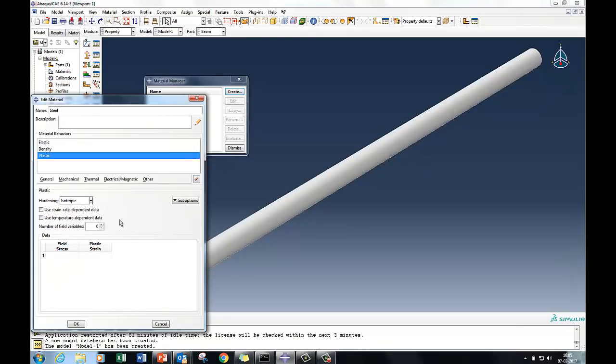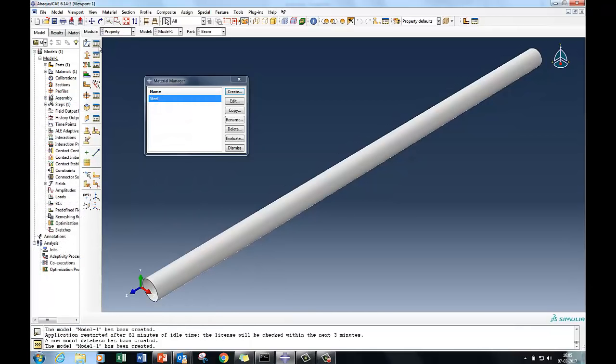So the plastic, it is a bilinear curve we'll be defining. 250 MPa is the yield stress, 0.0, and the second one we are considering 420 to 0.23 as the plastic strain. Okay, so this is a bilinear elastic plastic curve we have defined with these plastic curve properties. So this is done, and then we will